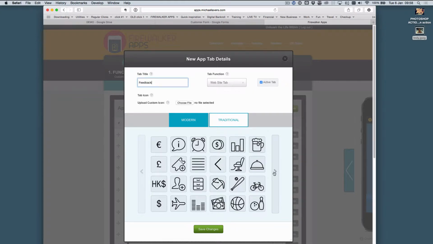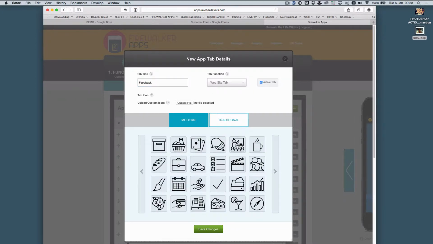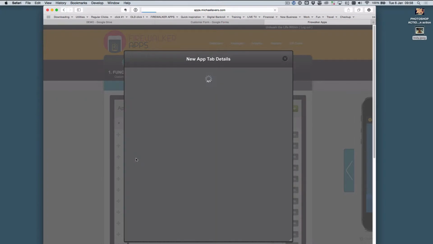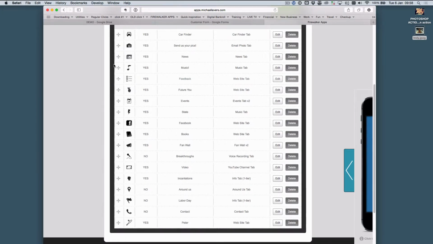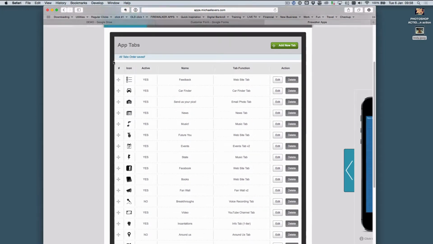I'm going to pick a pen or something for it. There you go, well that's nice. Tick box and press save changes. There you go. So I've made the form, but I haven't told it where it is. And I'm just going to move it to the top, so it's first in this app, and then go to